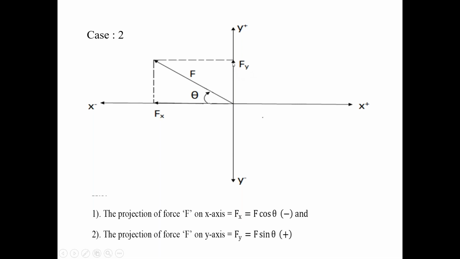Please follow the tips I am explaining in today's class. Put your pen nib in the direction of force F. Bring the pen onto the y-axis. Definitely your pen nib is towards the positive y-axis. That indicates the direction of the projection Fy. Here Fy is equal to F sin theta, and the direction of Fy is towards the positive y-axis. So this Fy is the positive projection. Is it clear, this condition 2, dear students? Please give me the response. Is it clear?